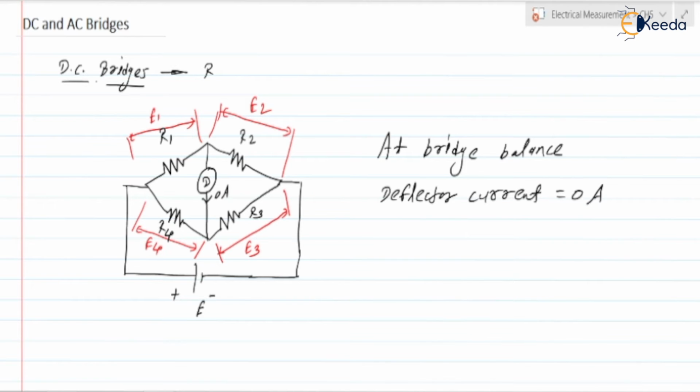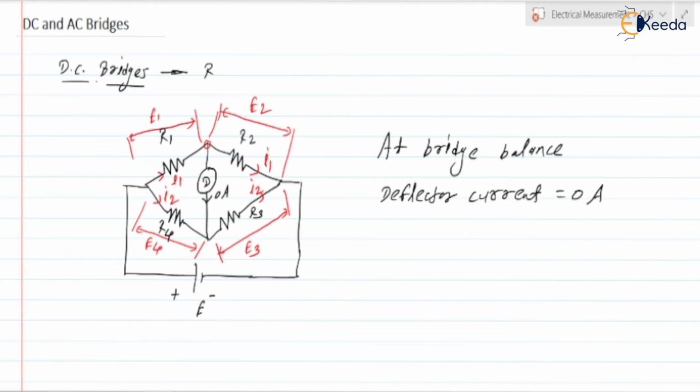Now if you check, if this current is 0, can we say that whatever the current here, let us consider it is I1, the same current will flow here, right? Because whatever the current at this node, it is having two paths available, but this current is 0, so that's why total current will flow through this R2 only. Let us consider here current is I2. So here it will be I2 because deflector current will be 0. So this is also I2.